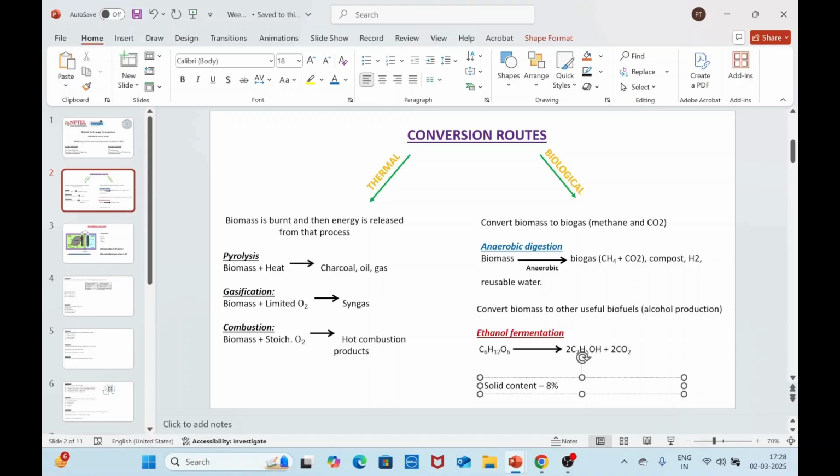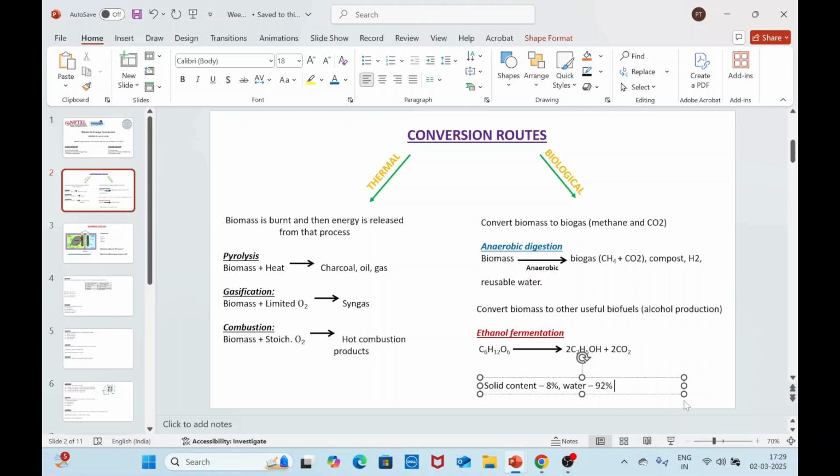Whereas the rest is nothing but water. In your biological conversion route, 92 percent of the slurry that you prepare by mixing the solid content and the water is water; the slurry has a solid content of only around 8 percent. But in thermal conversion routes, that's not the case. Over there the solid percentage will be more, and we actually want a material which has a higher solid percentage and a lesser moisture or water content.